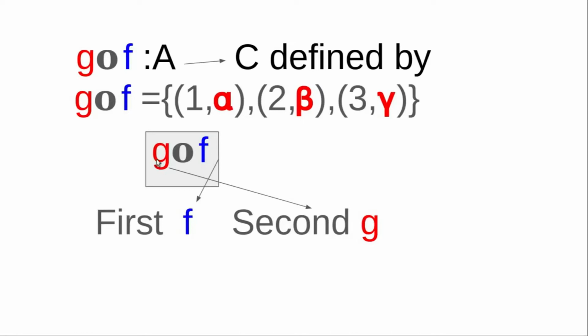First we are applying f, then we are applying the second function g. That means if you find g dot f of 1, first of all we are finding the image of 1 under the function f. After that we are taking the second function as g. Similarly, if A, B, C are the same, then we can define several compositions.